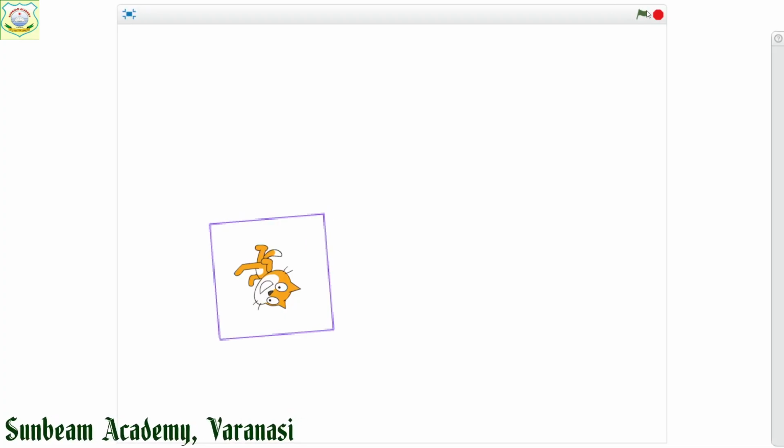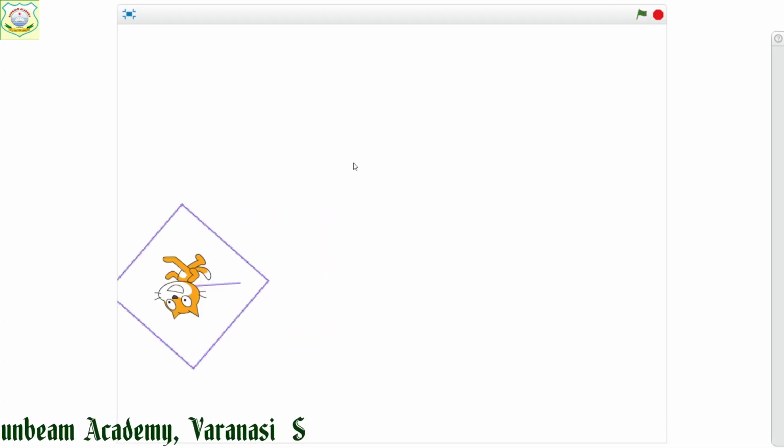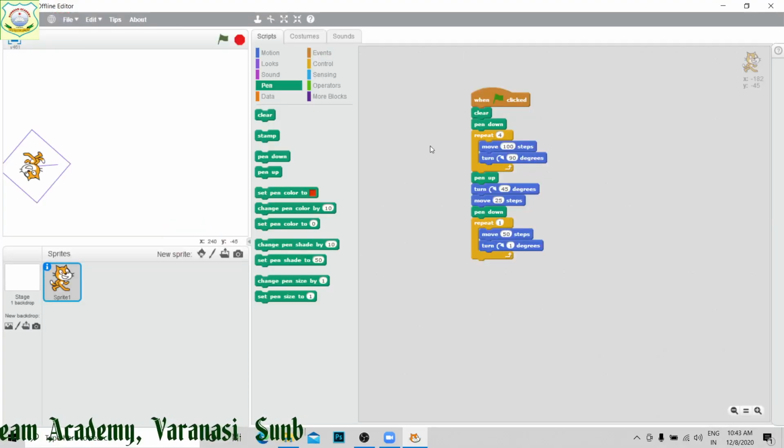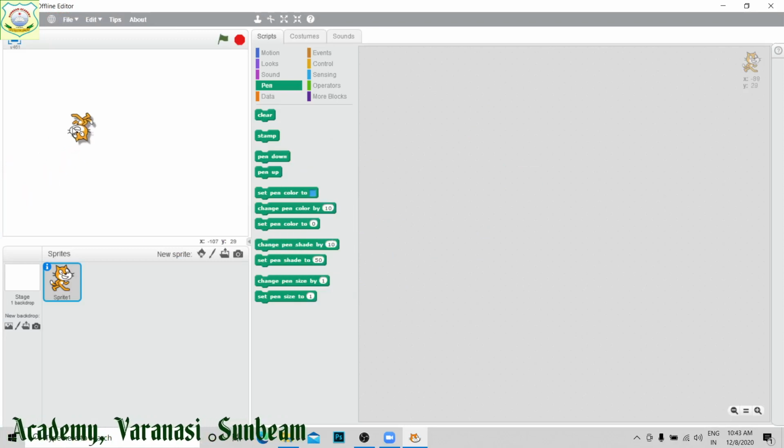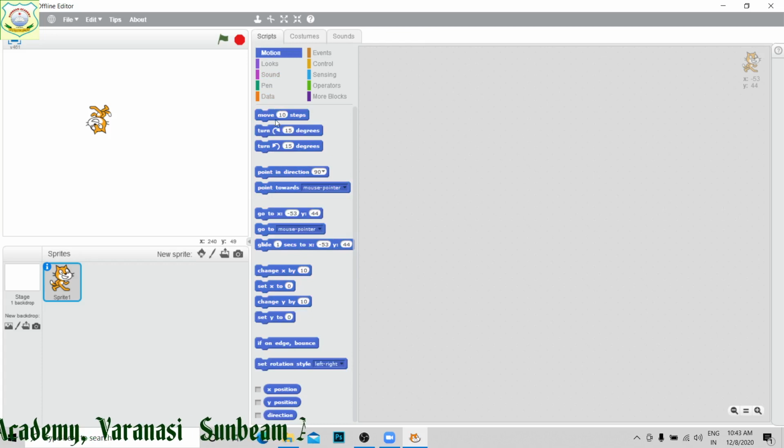So students, just see, this has created only a straight line, and to make a circle, put your cursor here, move it far.